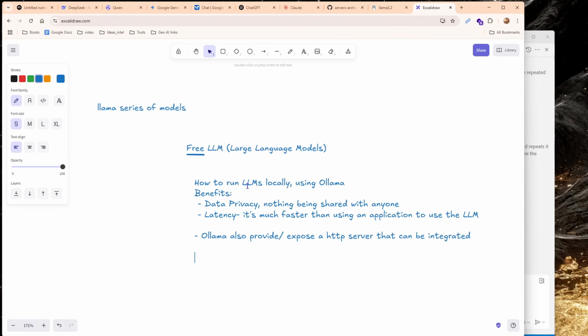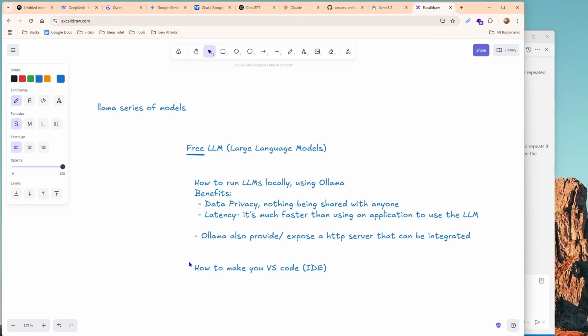This is something that we learned: how to make VS Code, which is basically an IDE, an integrated development environment, work with it. Anyway, this is basically where you write code. Even apart from VS Code, there are other IDEs, like for Python, you might use something like Atom or something like that, right? So how to make